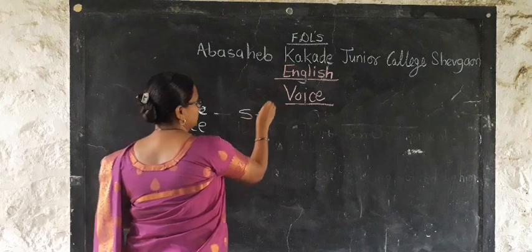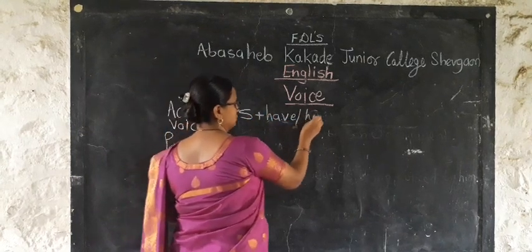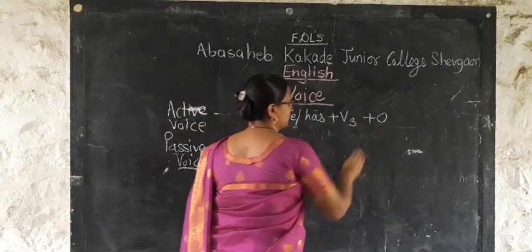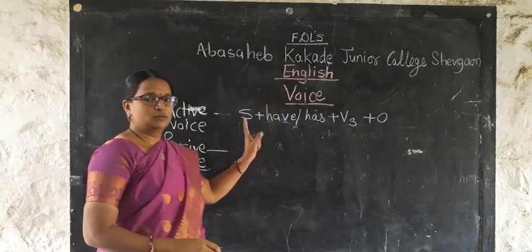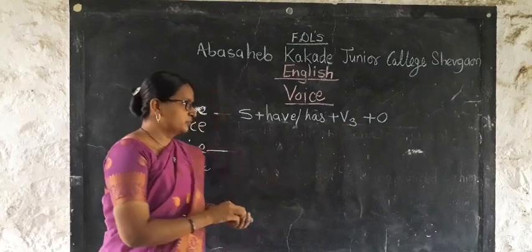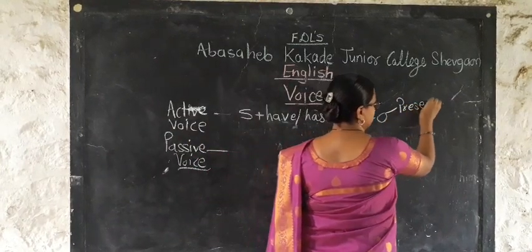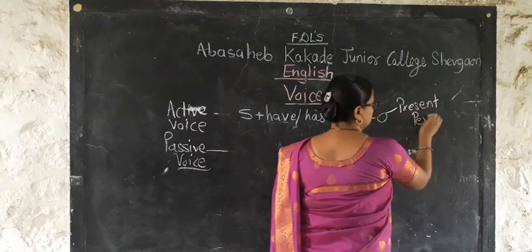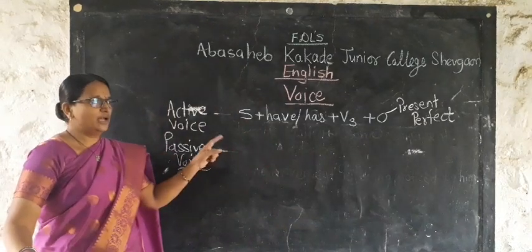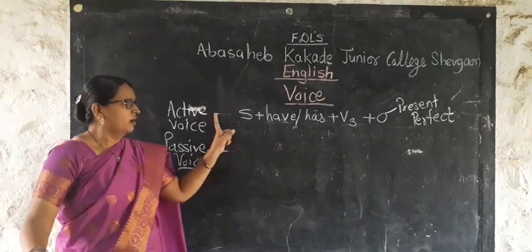So subject plus have or has plus V3 plus object, and this is the structure of present perfect tense. Now we have to write down one sentence of a present